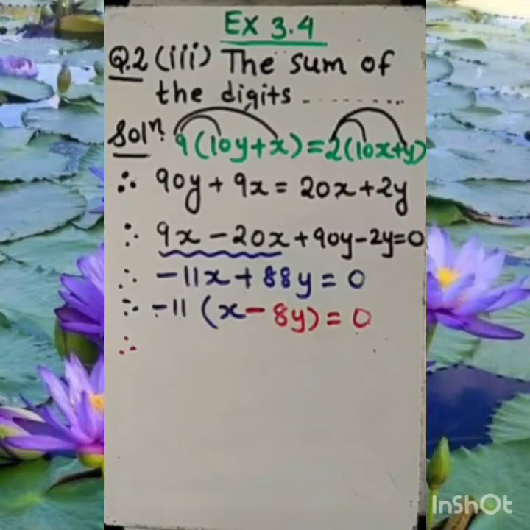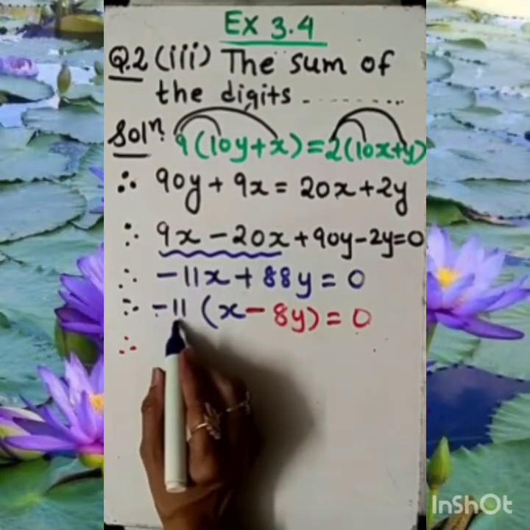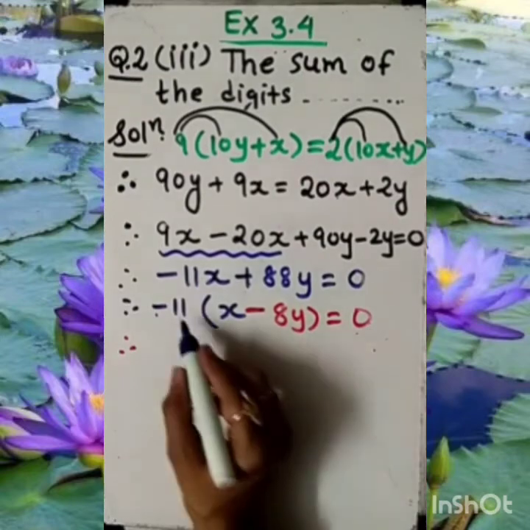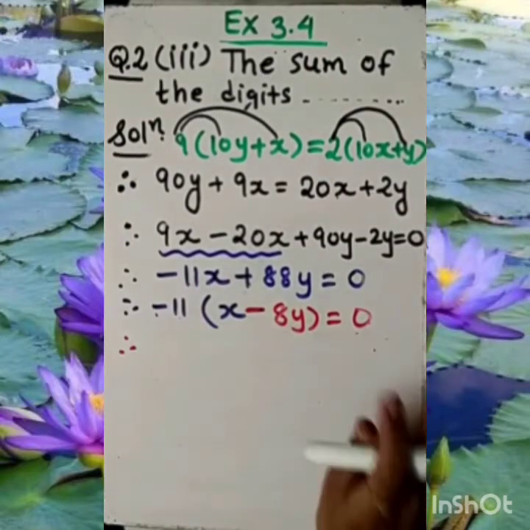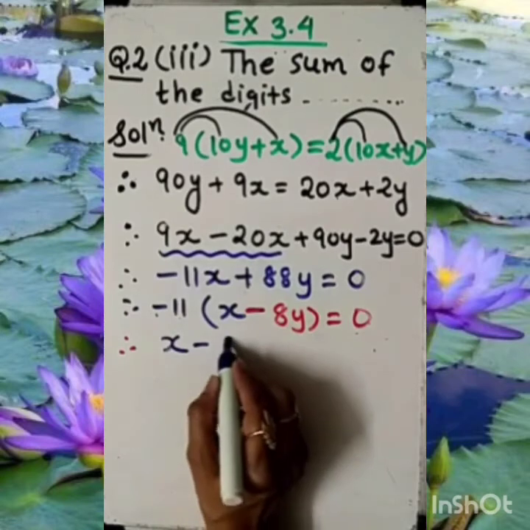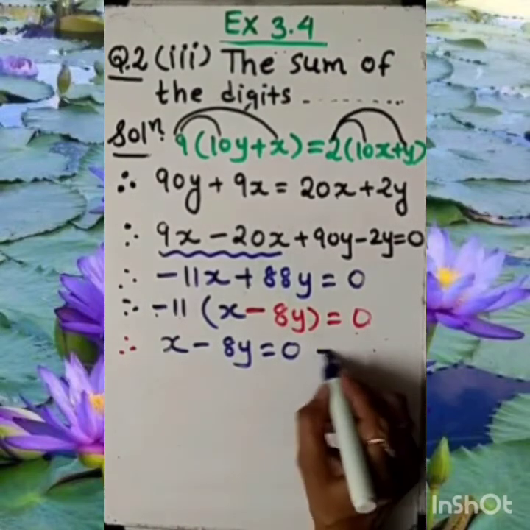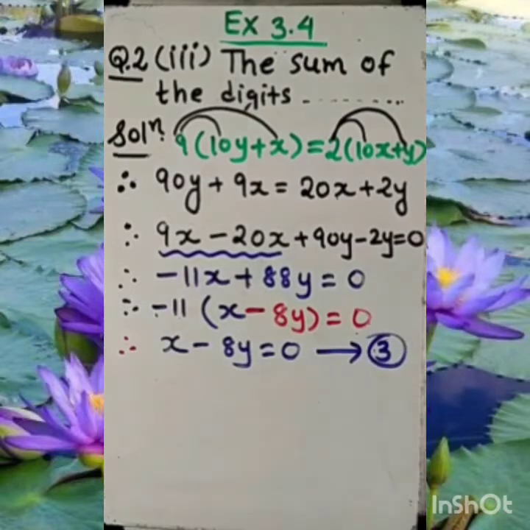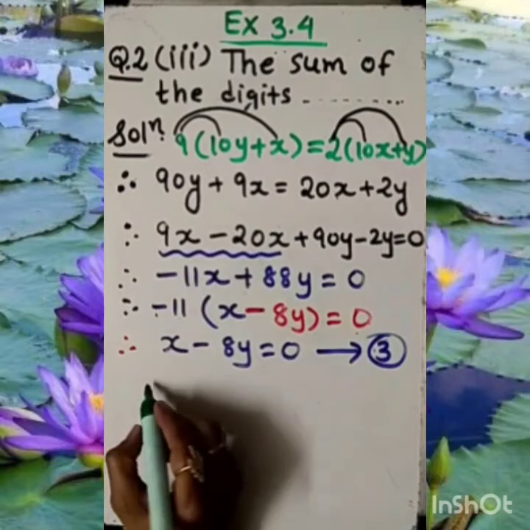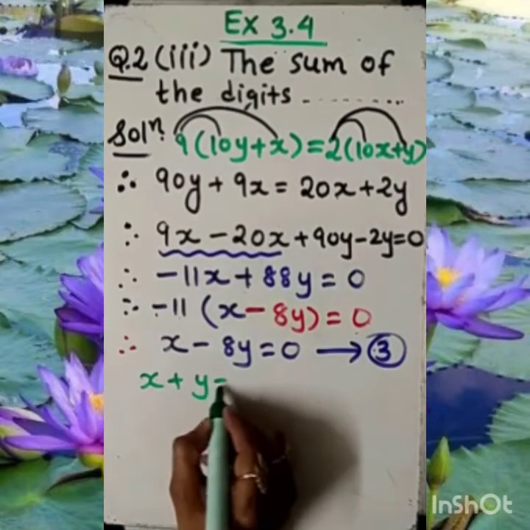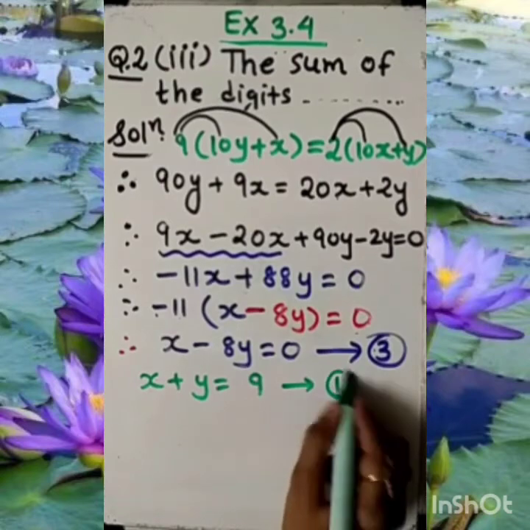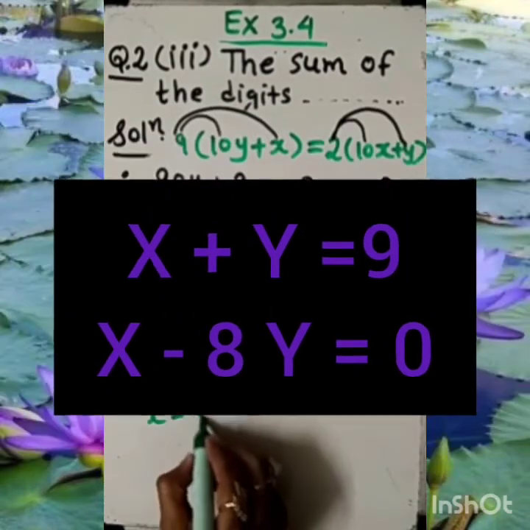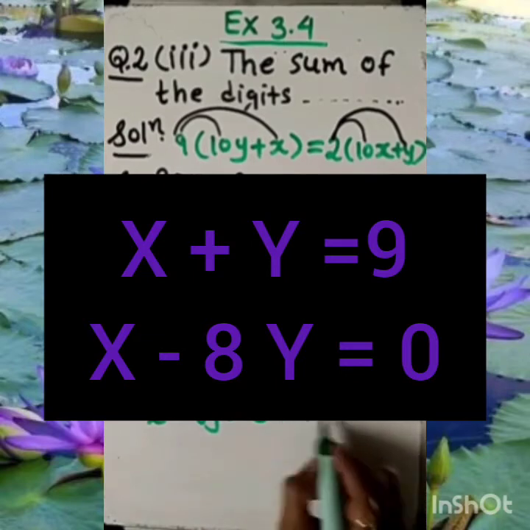So whenever in any question you find something common and 0 on the other side, then just bring it down, so it will give the result 0. So directly a new equation will be in this form. Let's say this is equation number 3. Okay. Now we need to work on 2 and 3 and we are applying the elimination method. Our first equation was easy, that is x plus y equal to 9. That was our equation 1. And this is our equation number 3.